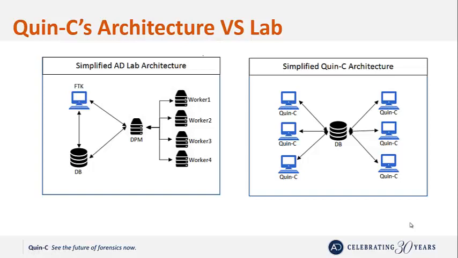So the drawback, though, is, of course, each job runs at the speed allowed by the listener that has picked it up. So if you have a 100 terabyte case, as we did in our example over here, that 100 terabyte case will only run as fast as the listener that picked it up can process it. And so invariably, if you're going to run giant cases like that, you either need some machines that have huge hardware on them, or you're going to need some hybrid approach, which is what we'll show you in the